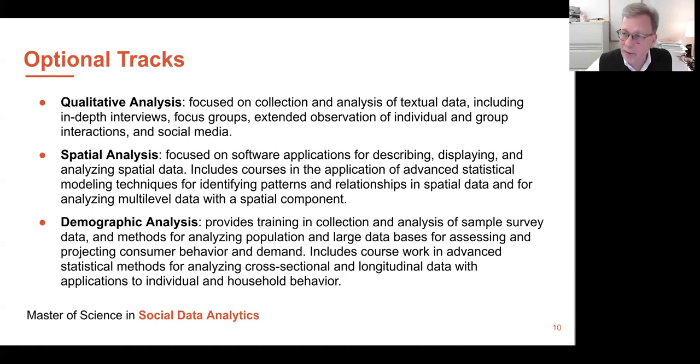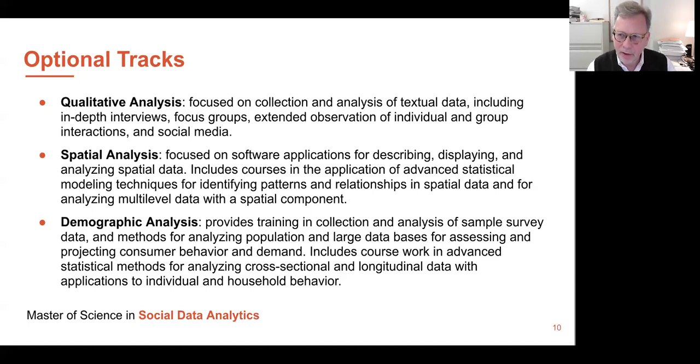What the track allows students to do is to develop a specialization in a particular set of research methods and signal that specialization on their transcript. So the tracks are good for students who want to come out of this program and identify themselves professionally as having a particular type of expertise.